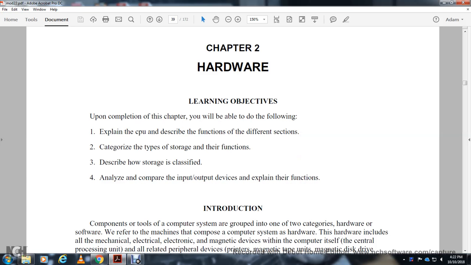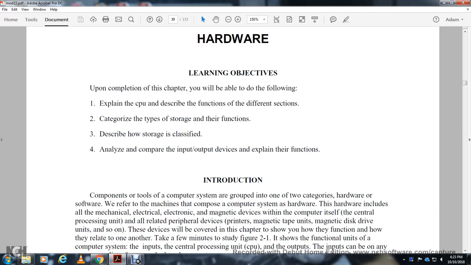Alright, Chapter 2, Hardware. NEETS Module 22. Upon completion of this chapter, you will be able to do the following: explain the CPU and describe the function of the different sections; list the categories of storage and their functions; describe how storage is classified; analyze and compare input and output devices; and explain the function and components of the